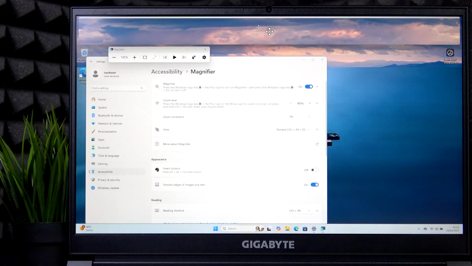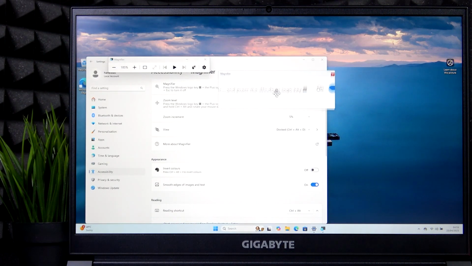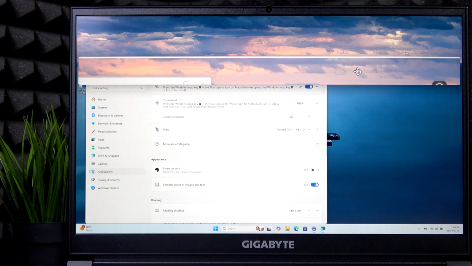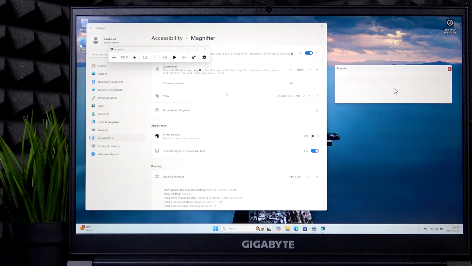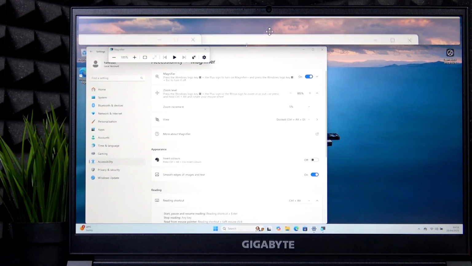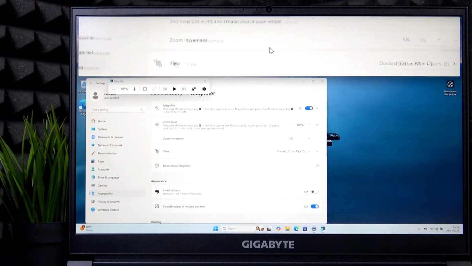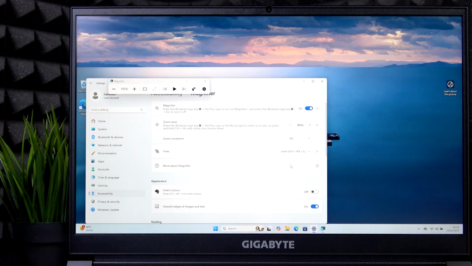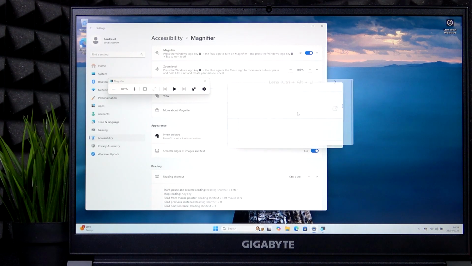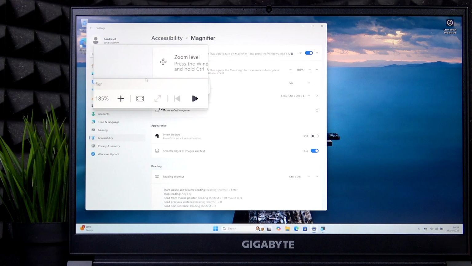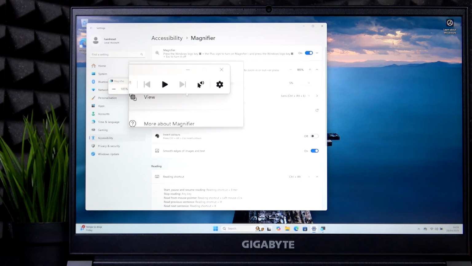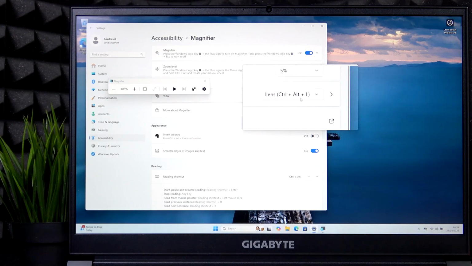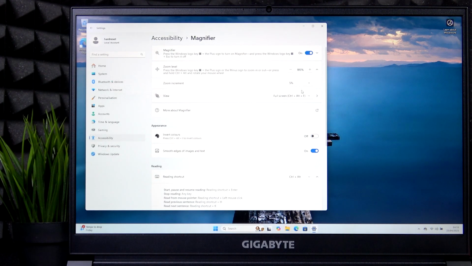I think I can also move the docked view. Yeah, I can, for example, set it to be here, and now it'll work like that. I can also resize it as well, so feel free to resize it whenever you need. And now let's get to the lens view, which will display a lens around my cursor. So this is how this magnifier works, and it's all up to your preference and up to your need at